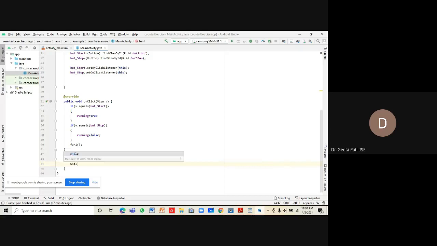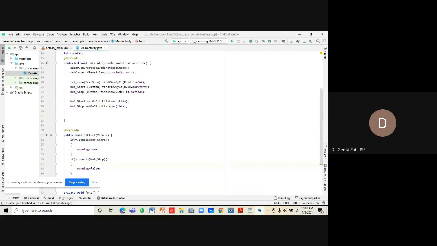I want to do while running. While this boolean variable running is true, then we perform certain activity. We are going to increment the value of counter by 1, and after incrementing it by 1, we want to set it as the label of txt count.